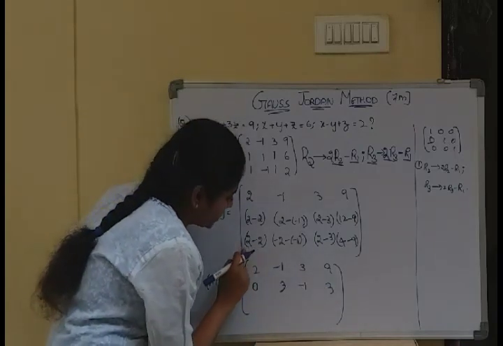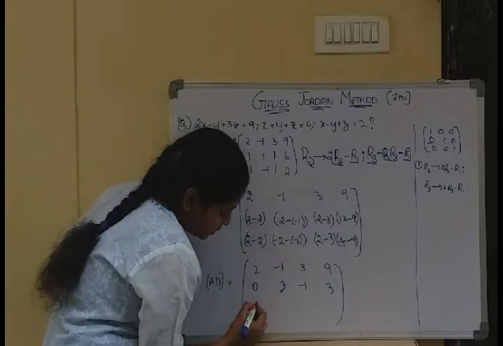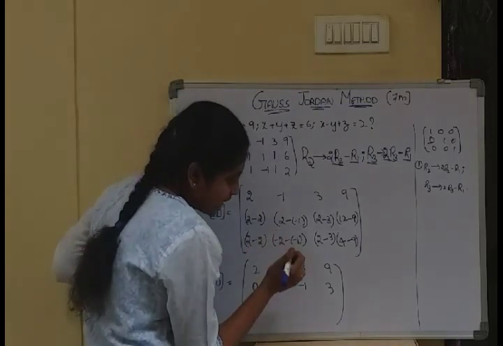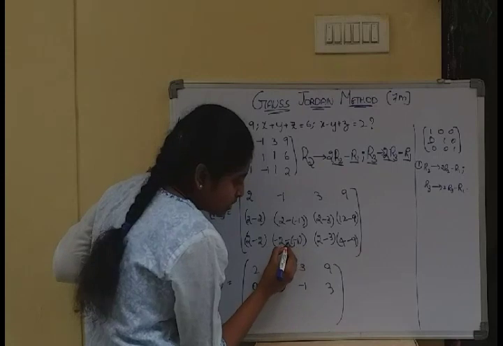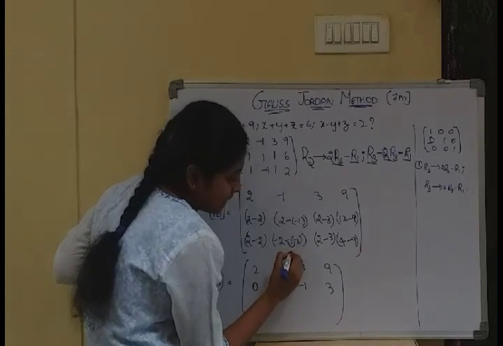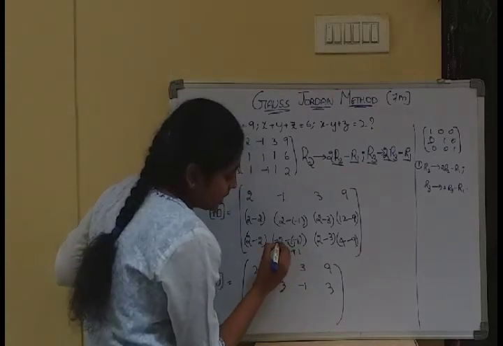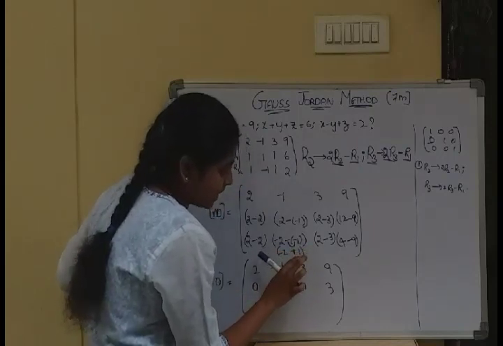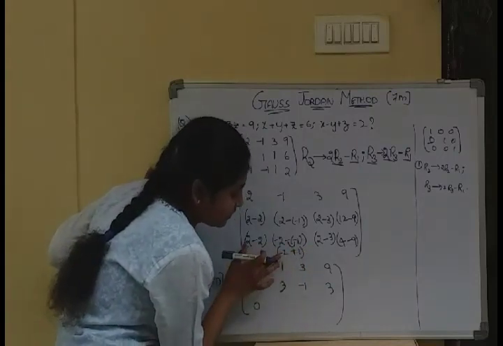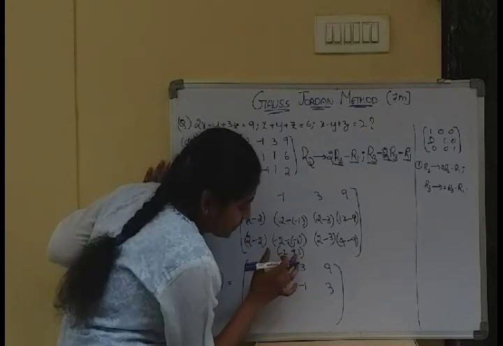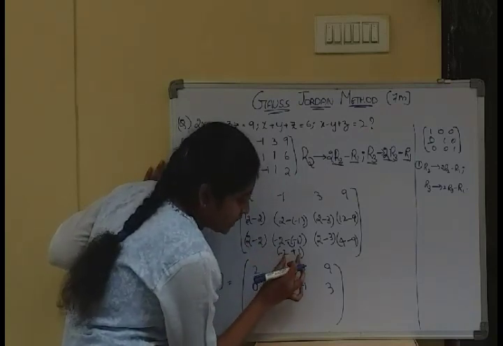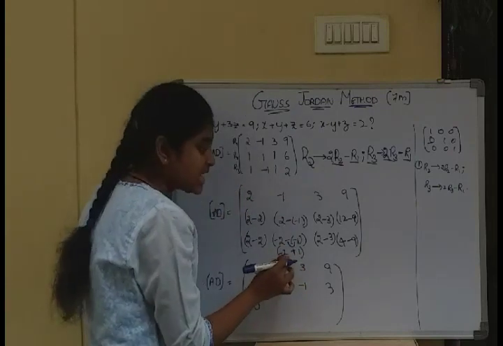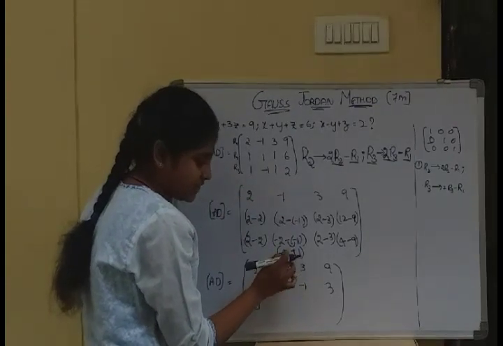Coming to the third row, 2 minus 2 is 0. Minus 2, okay, we will keep this one aside. First we will multiply these both: minus into minus becomes plus, so plus 1. Then plus 1 minus 2: first we have different signs, plus and minus, so we need to subtract. If we have different signs, we need to subtract.